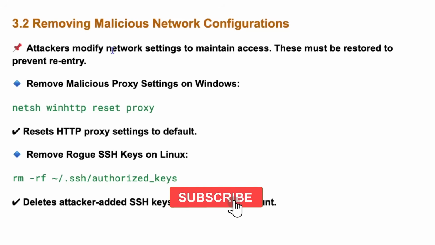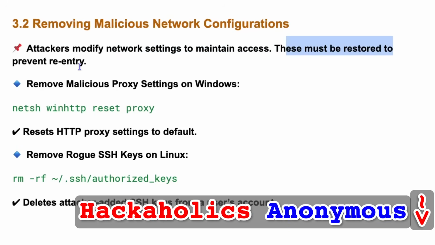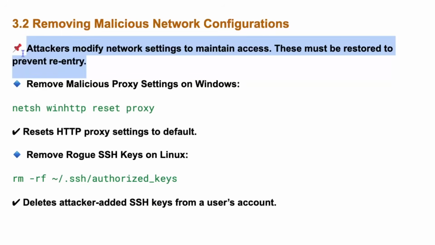So we modify network settings to maintain access, also known as persistence, and these must be restored to prevent re-entry. This is probably more important than anything else that you would have to restore and get back to the original security configurations, because if you mess with the network configurations to allow for a way in so that you can just do everything you want to do during the pen test and you don't fix it, if somebody notices what